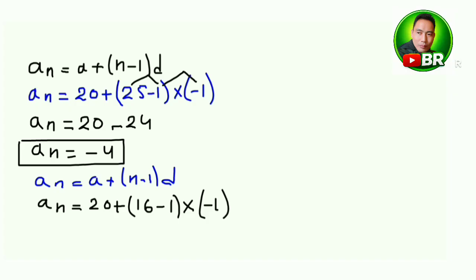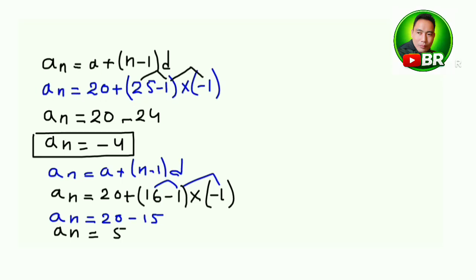Now an equal to 20 plus 16 minus 1, that is 15, into minus 1, which gives minus 15. And finally we have obtained an equal to 5. In this way we have obtained two values of an, that is minus 4 and